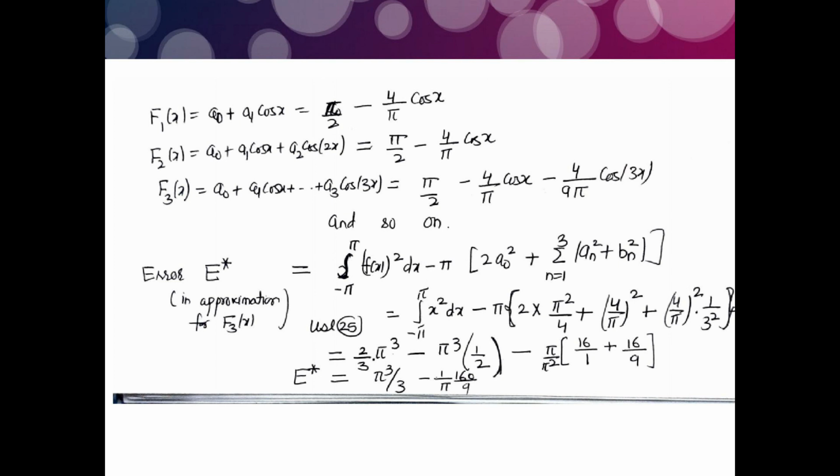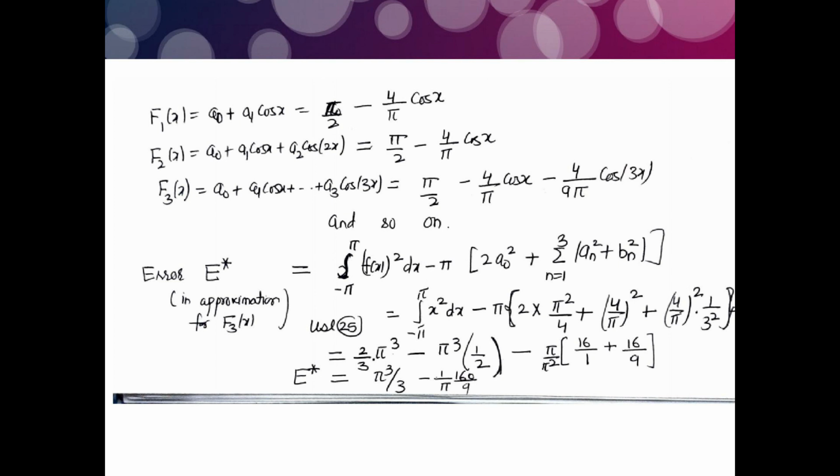Now we can write down the Fourier polynomial approximation. f1(x) = a0 + a1 cos x, put the value of a1. f2(x) = a0 + a1 cos x + a2 cos 2x, substitute the values. Now the error E* is given by the integral from -π to π of f(x) whole square